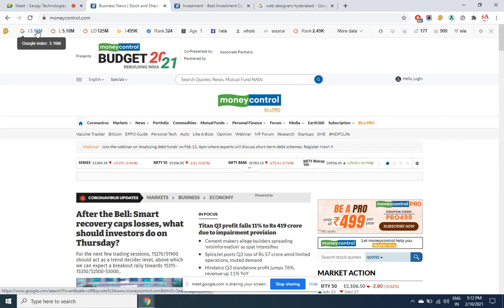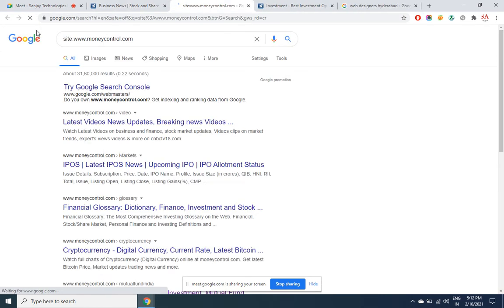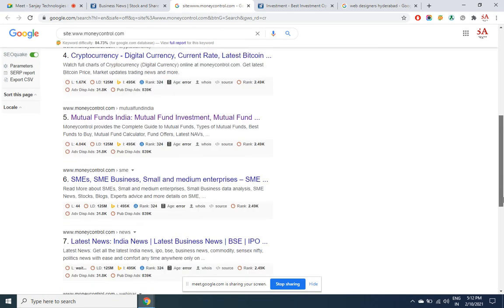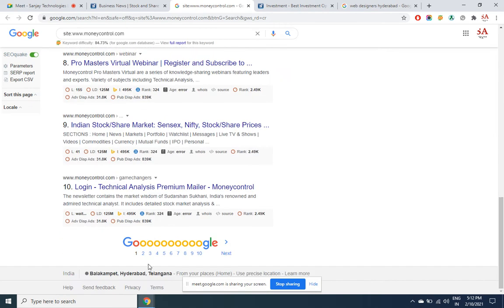When you click on this, you can see each of these pages with each of these details. Right from the first till the last, all the pages of Moneycontrol will be shown along with the SEO details of each of them.